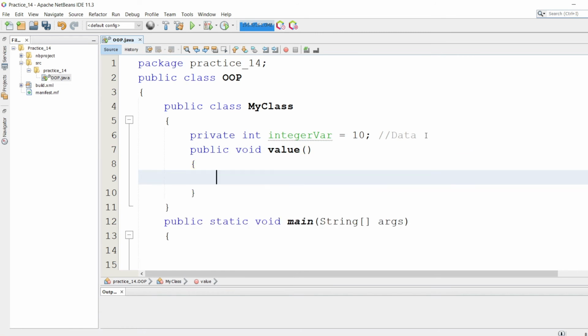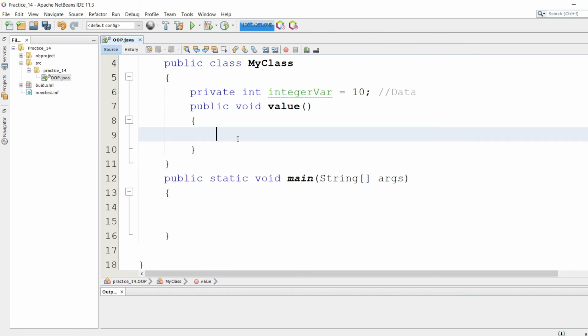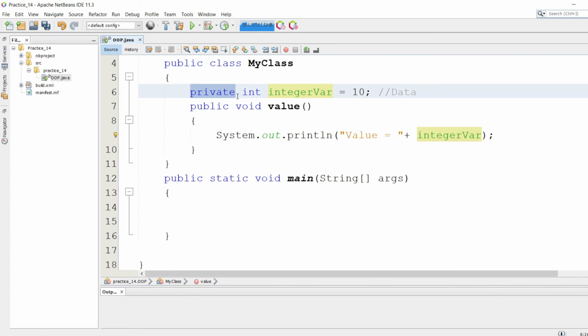Using this method we can simply print value equals integerVar. As the access modifier here is private, this variable can only be accessed within the class, and this value can only be accessed by the method.